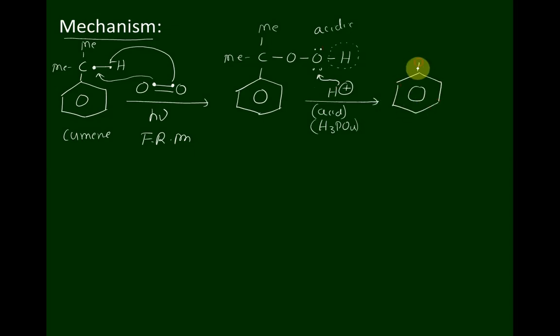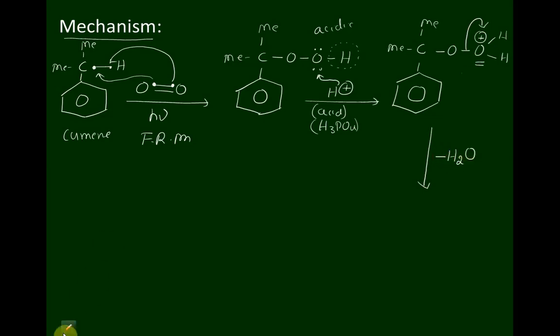It has carbon, CH3, oxygen, hydrogen, hydrogen, and it carries a positive charge. As soon as it carries a positive charge, this molecule becomes unstable, because oxygen being an electronegative element becomes highly unstable if it carries a positive charge. Therefore, these electrons get shifted here and it gets removed in the form of a water molecule.